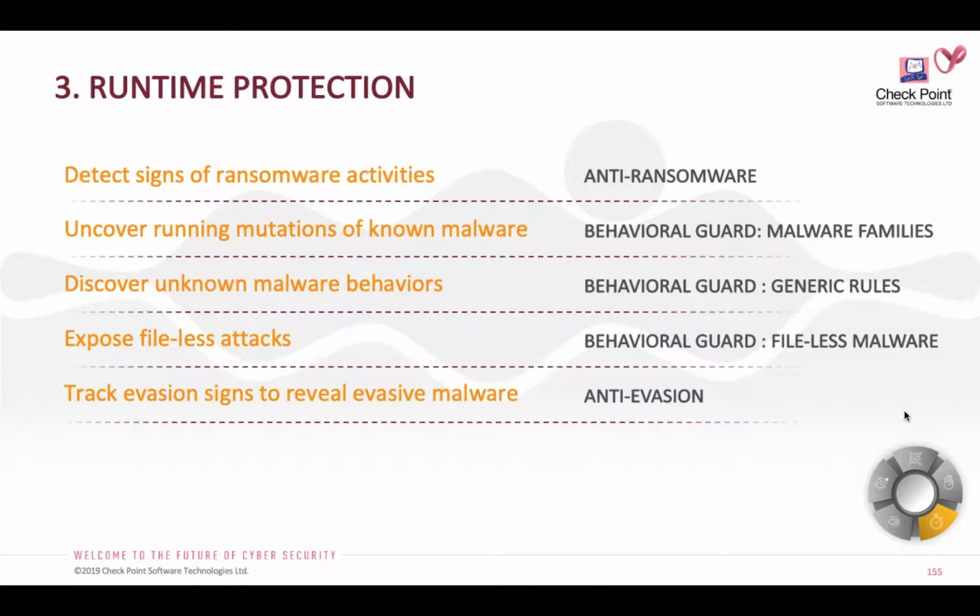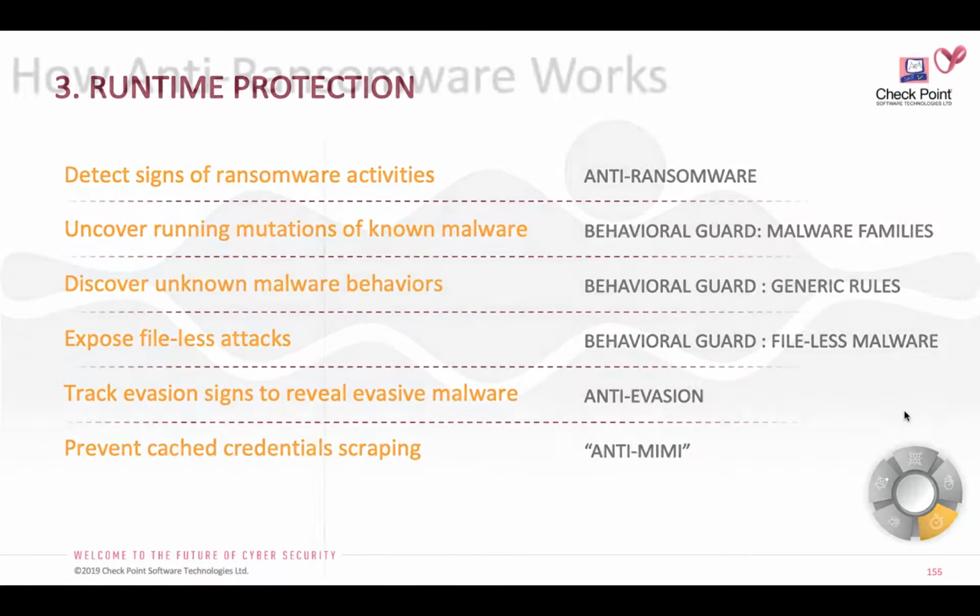So what generally hackers do is that they take a particular infected payload, and then they wrap it with something like a wheel evasion wrapper or something, right? And then they try to bypass the firewall or bypass the anti-malware, right? So what the anti-evasion blade does is that it's going to detect the presence of any such third-party wrapper, and it is going to have it blocked for you. Right. Then you have anti-Mimikatz, that is to prevent any sort of attempt being made to perform credential scraping.